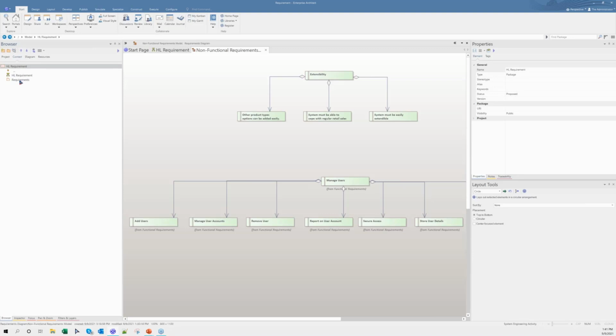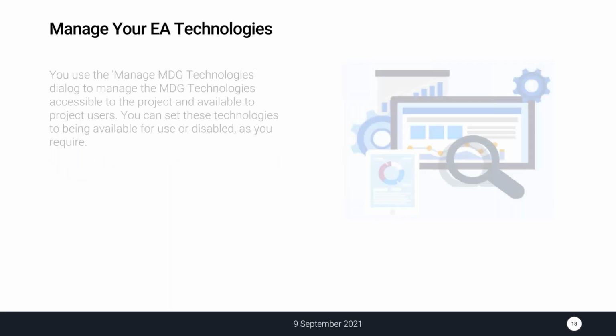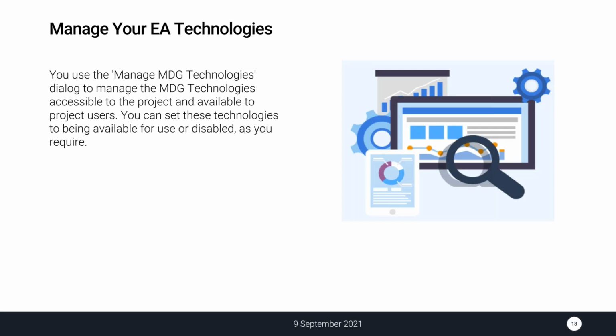Last but not least, we are going to see how managed technologies work in EA. Managed technologies is one of the easiest things to do: you can easily disable the technologies which are not being used. We usually recommend disabling technologies which are outdated. Disabling a technology removes the concerned diagram, toolboxes, and patterns from the dialogues and ensures that you are not creating any outdated diagrams, elements, or connectors.